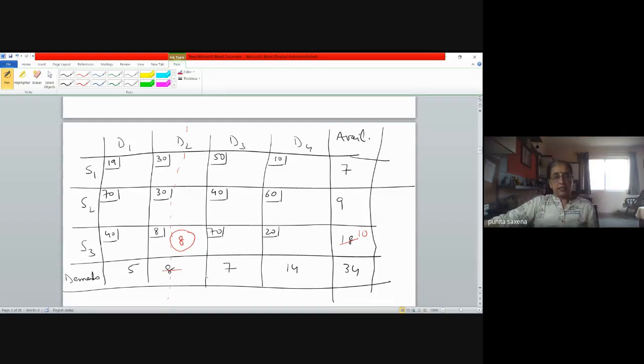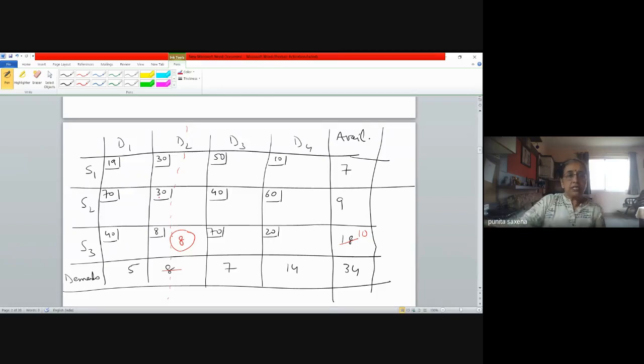So again, since we are at every stage keeping the costs in mind, definitely at every stage, whatever is left, we have to choose a cell with the minimum cost and then start making the allocations. Is this clear? Now, once I've made the first allocation, I had a total of 12 cells, out of which 3 have been exhausted. So from the remaining cells, again, I choose a cell that has the minimum cost.